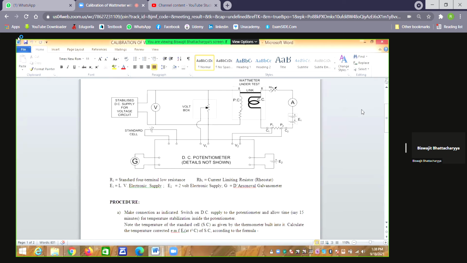When 5 ampere flows, maybe the voltage drop across the current coil is only 10 millivolt or 1 millivolt. So the other side of the current coil is at a voltage only of the order of 1 millivolt or 10 millivolt higher or lower than the other node of the current coil. But what about the pressure coil? Here, in the pressure coil, you are applying 100 volt, say. Then the other side of the pressure coil will have a voltage of how much? 100 volt.